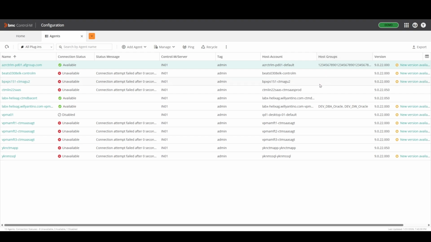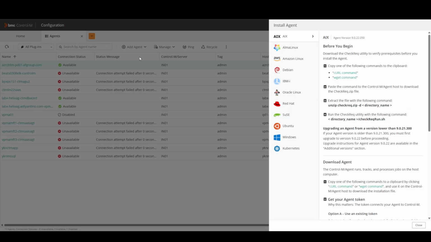So in order to add a new agent to our Control M SaaS environment, we can click on this Add Agent button. And from here, we can click on Install Agent. You'll get this right-hand panel, which shows you all of the different operating systems that you can install Control M agents on. You can see at the very top, we have AIX, Alma Linux, Amazon Linux, Debian, IBM, Oracle Linux,